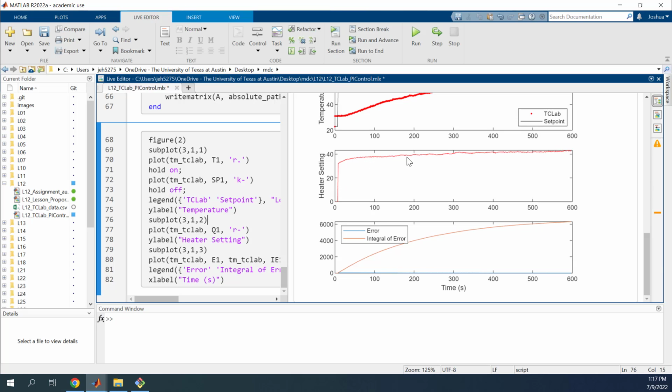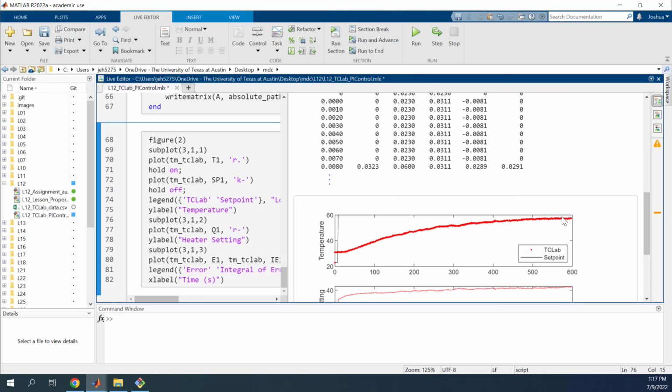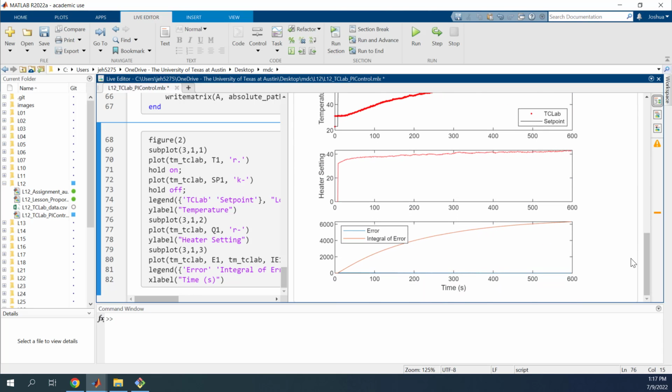Heater setting increases and maintains relatively constant near 40, but you can tell it's slowly increasing as it's trying to drive that persistent offset away. So it will start to approach 60 and eventually it will get there, just not as fast as we want. And we can see first the error, a little tiny blip, but the integral of error over time is obviously much larger in this situation as it continues to increase. We don't have any oscillation. So there you go. Let me know if you have any comments or questions. I'd be happy to